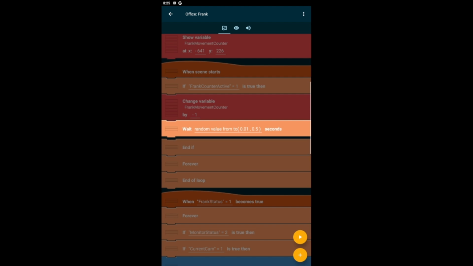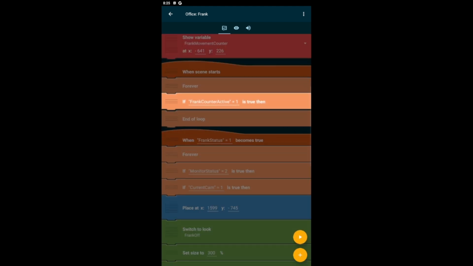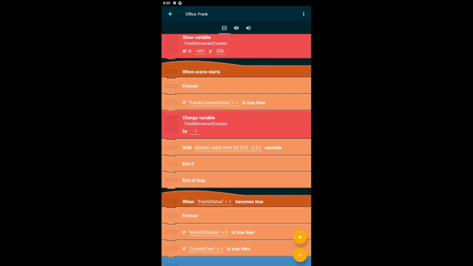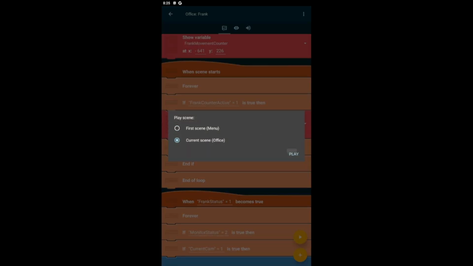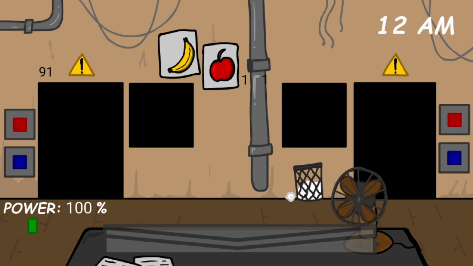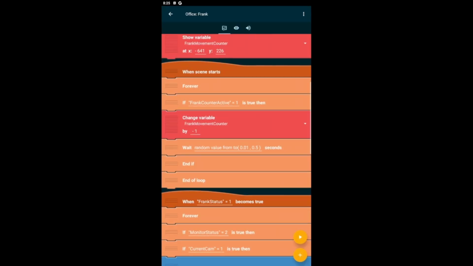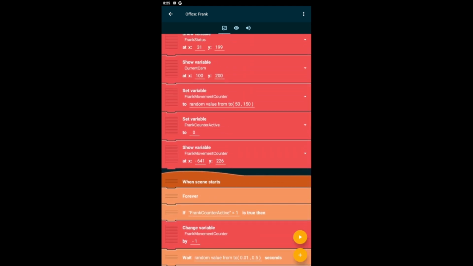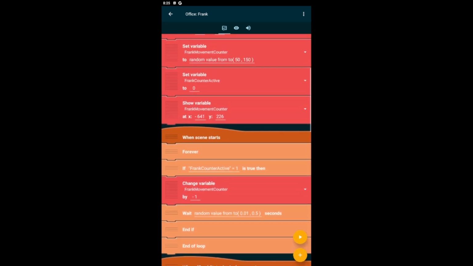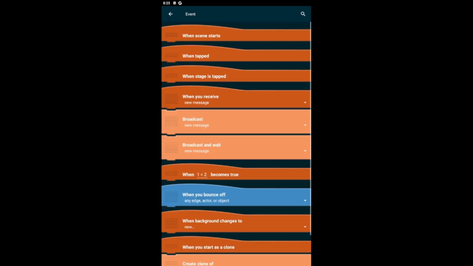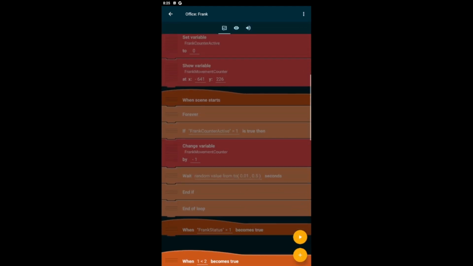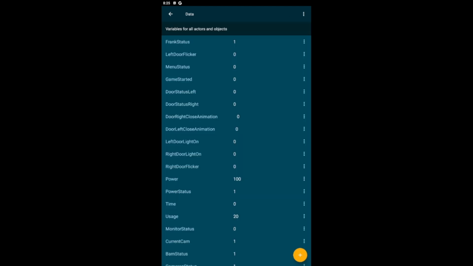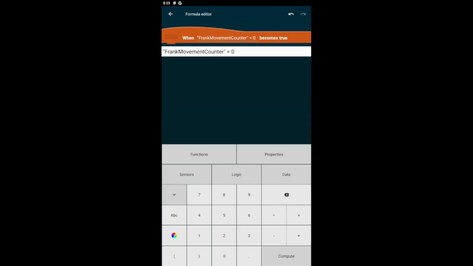Oh, I think I had it on the wrong way. Let's see. Yeah, it's not moving. You're supposed to have the change variable underneath the if is true. Okay, so we're going to make it every time it reaches 0. When Frank movement counter equals 0,